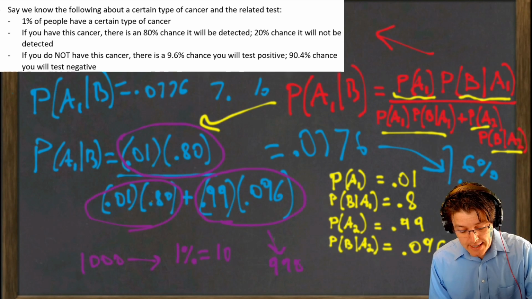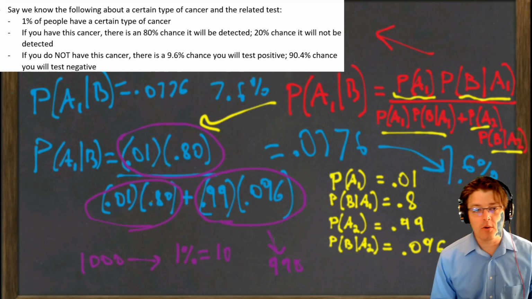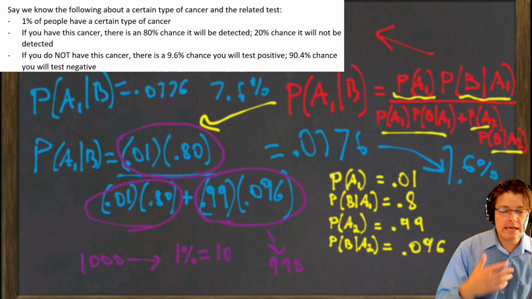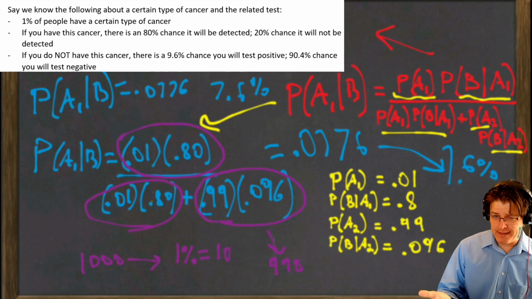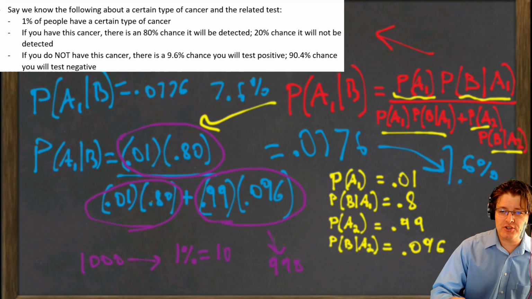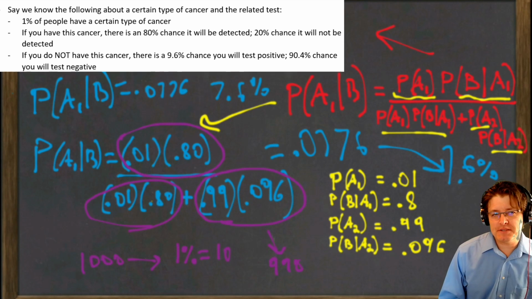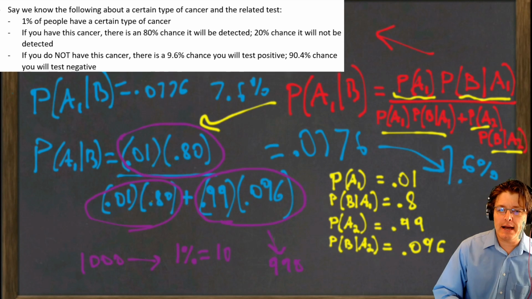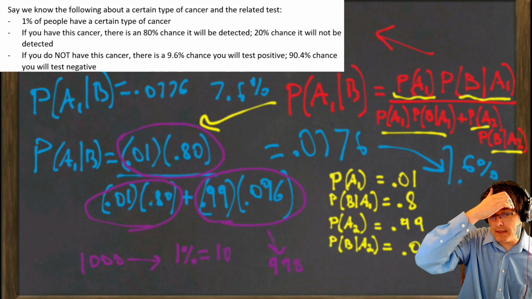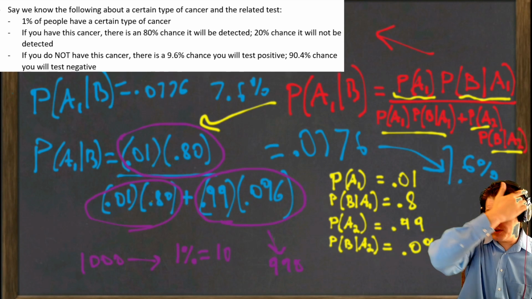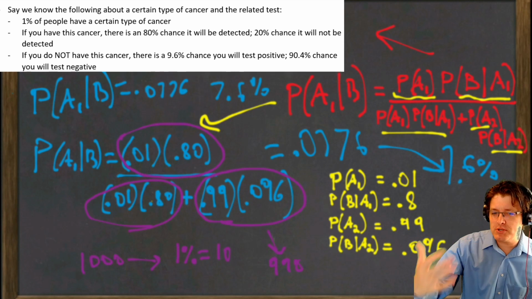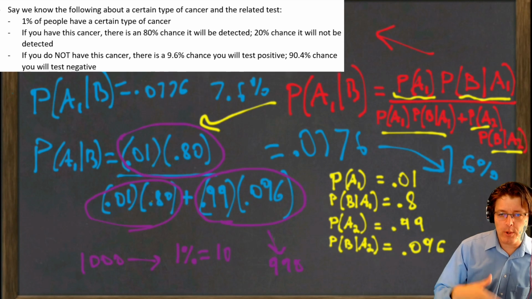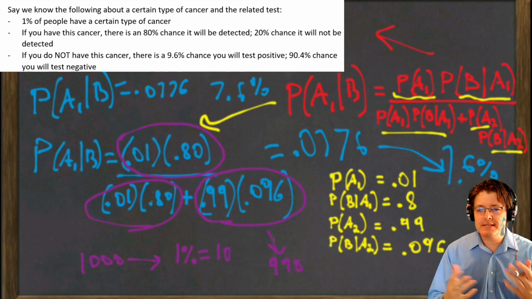Okay, so I started this by saying we're all pretty bad at making this calculation. In fact, I think the study showed that doctors perform even slightly worse than general people at this. They give them some of these types of numbers and say, okay, what do you think the likelihood that the patient actually has the disease is? And I think our default, and I think the study showed this, is that people would say something like 80%, when in reality it's more in the 7%.